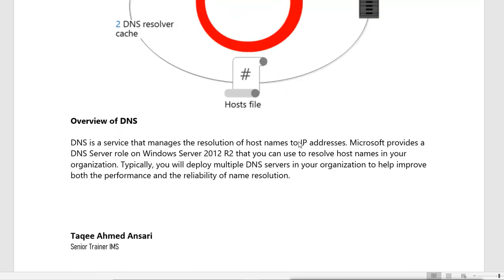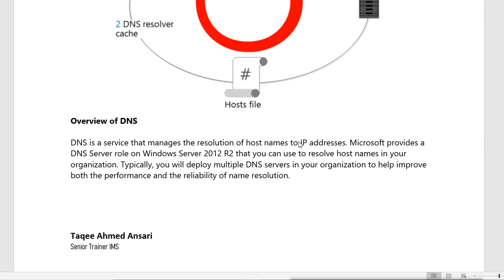Now DNS. As I said, DNS is a service that manages the resolution of host names to IP addresses. Microsoft provides a DNS server role on Windows Server 2012 R2, or now Windows Server 2016, that you can use to resolve host names in your organization.